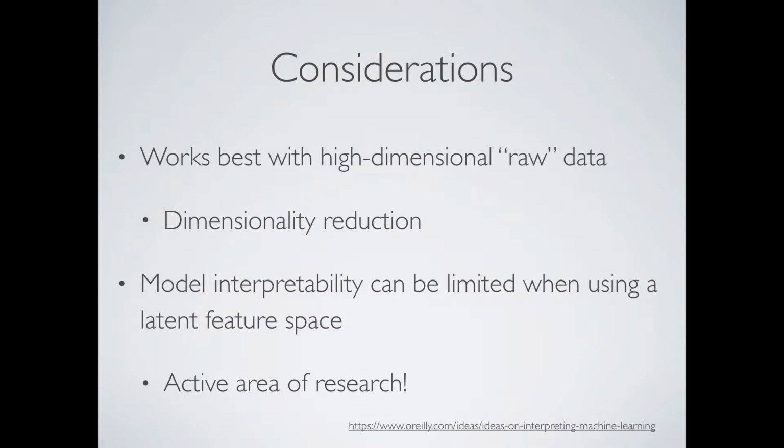So a couple considerations for feature learning, and then we'll dive into how you actually do it. It does work best with some of this high-dimensional, quote-unquote, raw data. So when you have lots of data, because what feature learning does is it takes your input space and condenses it down into a much richer feature space. Obviously, if you only have 10 features to start off with, there's only so much condensing you can do and so much you can do as far as learning some new features. So it is a form of dimensionality reduction, which means reducing the amount of features that go into your machine learning model, which obviously is a nice thing to have for computational purposes and for time.